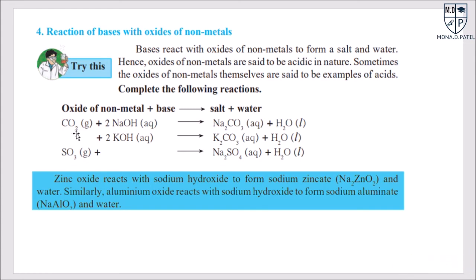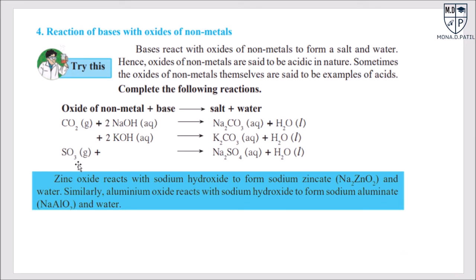We know that non-metals exist in three states, all three states like liquid, solid and gases. So this is the gas example of non-metal. It reacts with the strong base NaOH and forms sodium carbonate and water. So sodium carbonate is a type of salt. Here KOH reacts with the non-metal oxide. So which oxide will be there? Carbon dioxide. Okay. And obtain potassium carbonate and